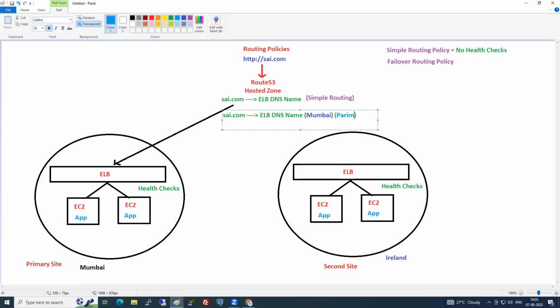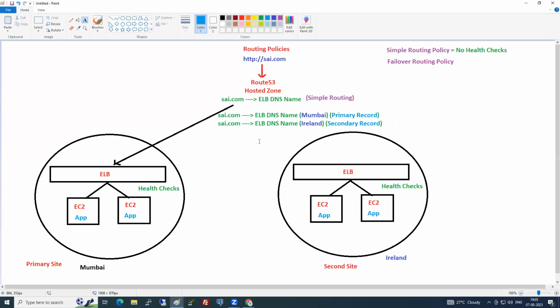That means if someone is accessing sai.com, by default the request will go to the Mumbai region. That is my primary record. And we need to create a secondary record also, so sai.com should go to Ireland. This is the second record. So if the first record goes down, Route 53 will automatically send the request to the second record.